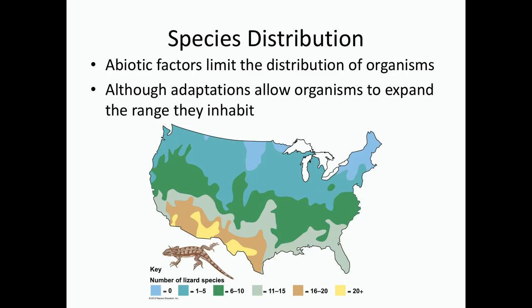Now there are ectotherms that can survive in more extreme conditions. They have to have additional adaptations to allow them to expand into those ranges. They might have to have things like isozymes. They'll have to have other behavioral traits that allow them to survive in those cold temperatures that we don't see in the majority of species. And we will talk about some of those extremes when we get to this chapter in class.